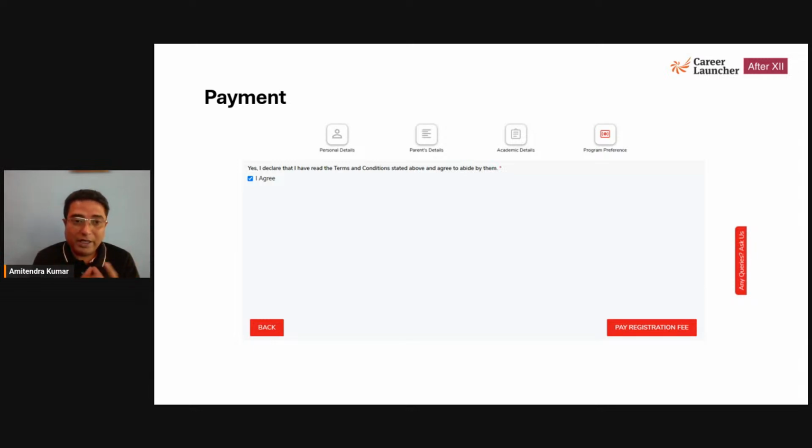So there is no common date. The exam starts 1st of March. You can take the exam on 1st of March. You can take the exam on 1st of April. You can take it even on 1st May or till 31st May. So whatever slot is available, you have to select appropriately when you want to take the examination. So that's how you fill the NPAT 2025 application form.